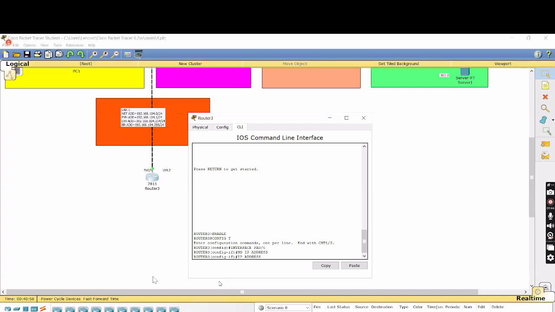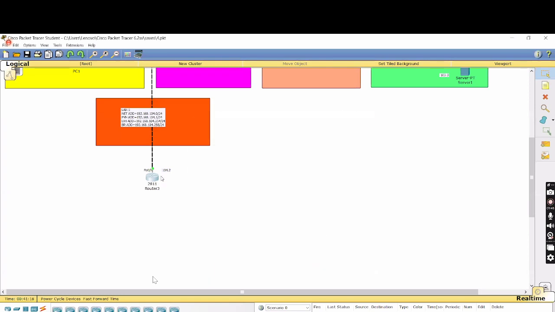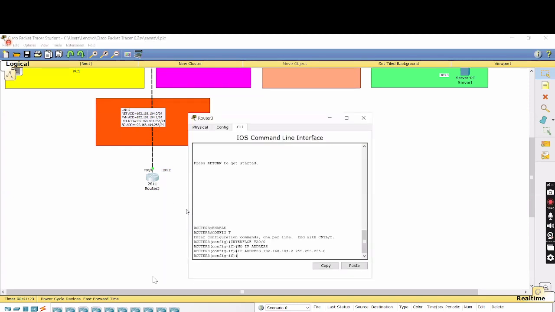104.2, then subnet mask 255...0, ठीक है। फिर नो शट डाउन देने की जरूरत नहीं है क्योंकि पोर्ट ऑलरेडी ग्रीन है, राइट? तो एग्जिट कर दो। अभी वो डिफॉल्ट राउट कॉन्फ़िगर करो उस पर। नहीं नहीं, इधर नहीं, इधर पे एग्जिट कमांड डालो। कॉन्फ़िग से अभी बाहर नहीं हैं। राउटर 3 पे क्लिक करो, एग्जिट कमांड डालो। अभी वो डिफॉल्ट राउट जो कॉन्फ़िगर कर रहे थे, वो कॉन्फ़िगर करो।